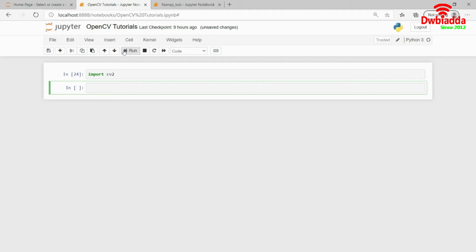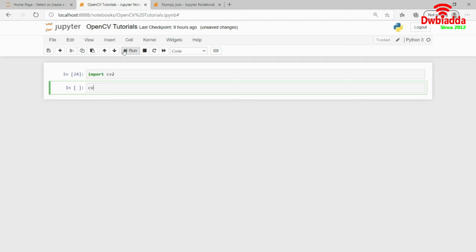Once we have set up OpenCV, what do you expect from a basic computer vision library? You expect that it should be able to read the images, it should be able to show you the images, and you should be able to do different manipulations on the images as well. So the basic step is opening an image using OpenCV, and in this tutorial we will do exactly that.